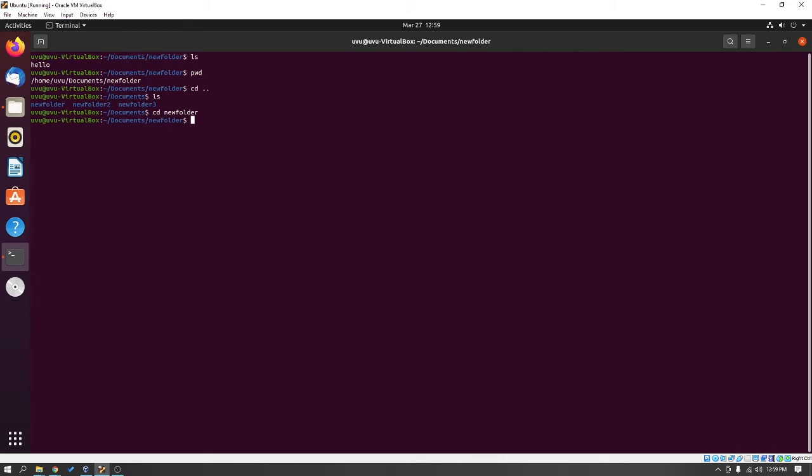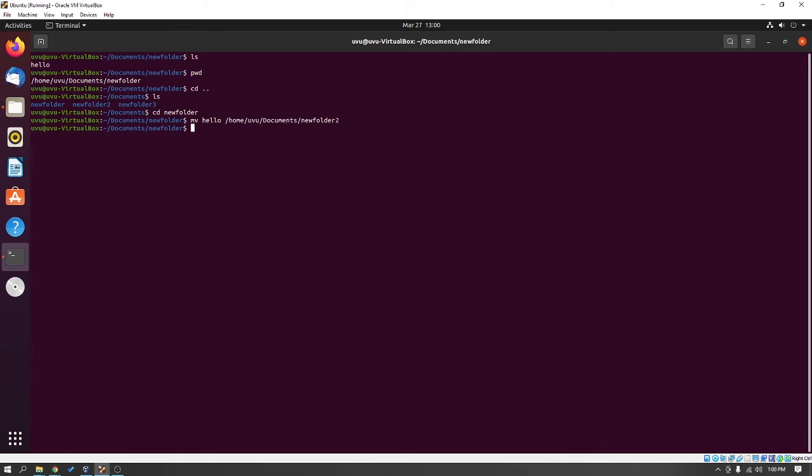So to move, let's type in mv, then the name of the file hello, and then the location where we want to move it. So in our case, it's home, then /ubuntu, then documents, then /new folder 2,